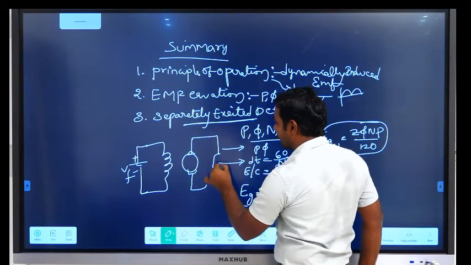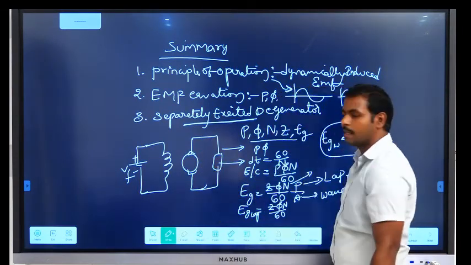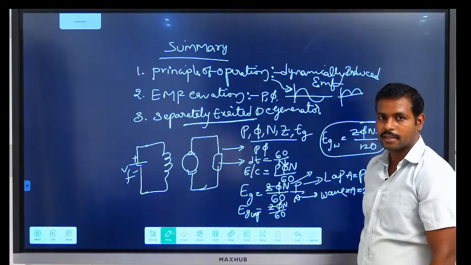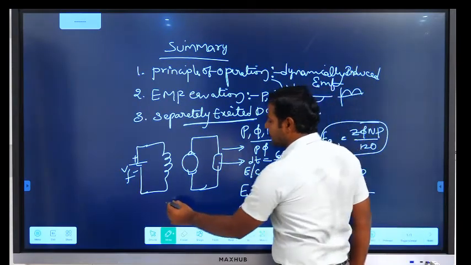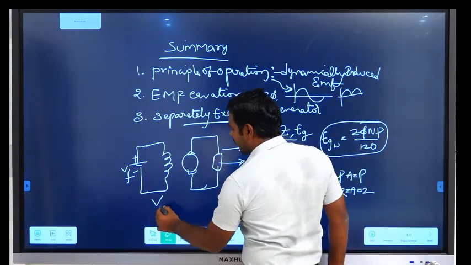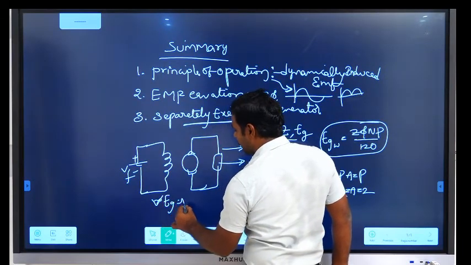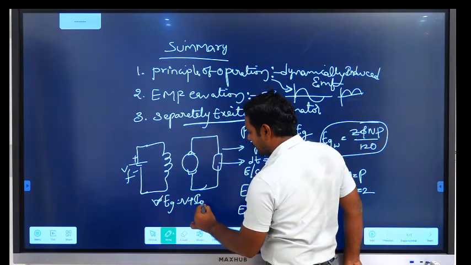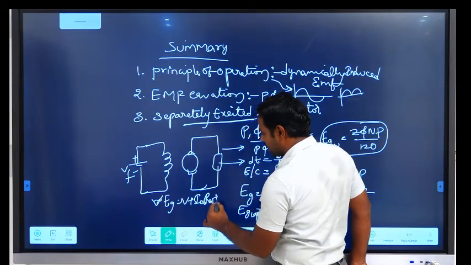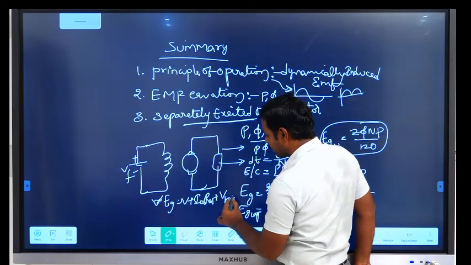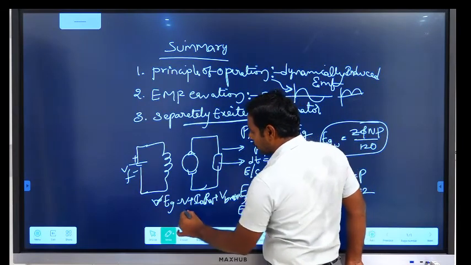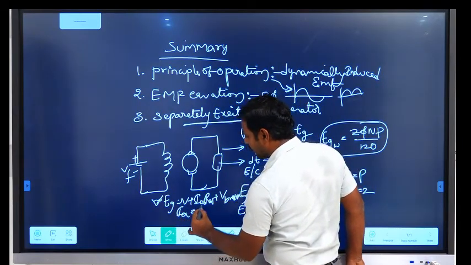Then only it will exist as a separately excited DC generator. In this we can write voltage and current equations. Eg is equal to V plus Ia Ra plus V brush. So Ia is equal to